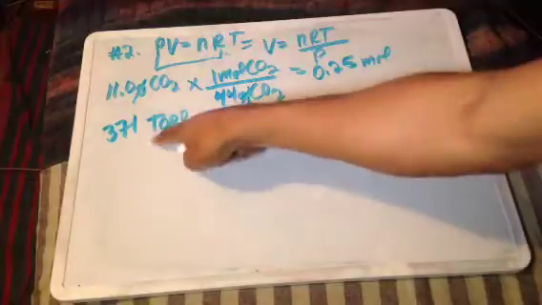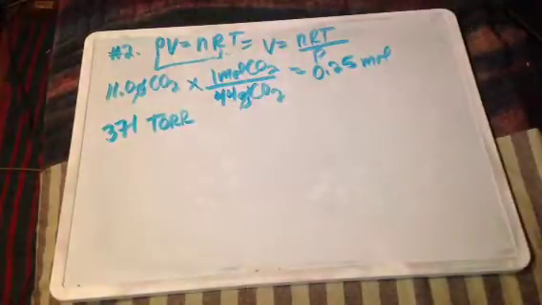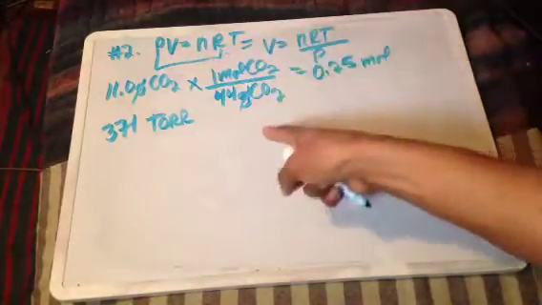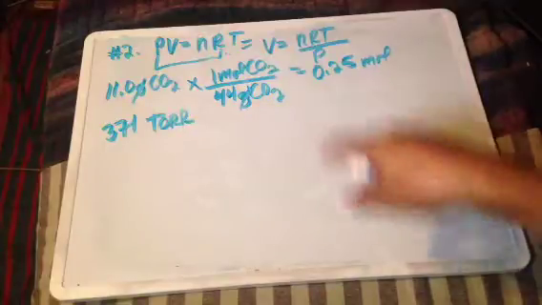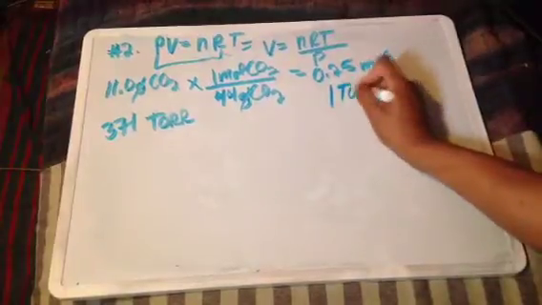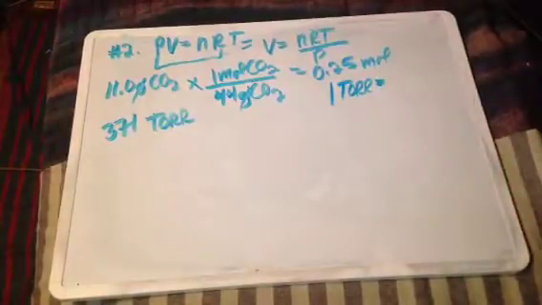Now, torr, there's only 3 things that work for the ideal gas law. It can either be in ATM, millimeters of mercury, or kPa. This doesn't fit into that bracket, so we know that we're going to have to figure out our conversion for this. Well, I'm going to put this over to the side. We know that 1 torr is equal to